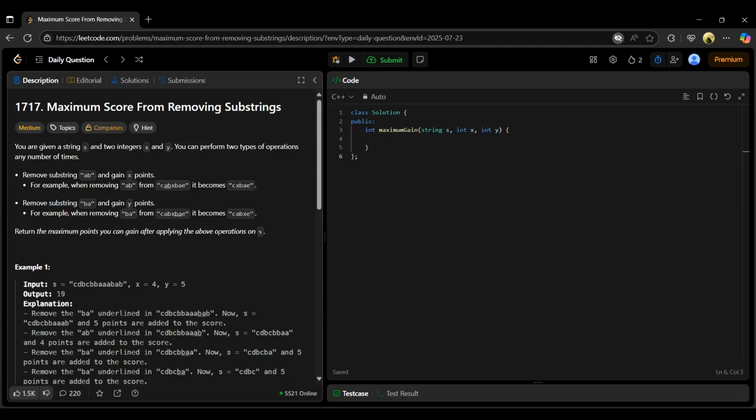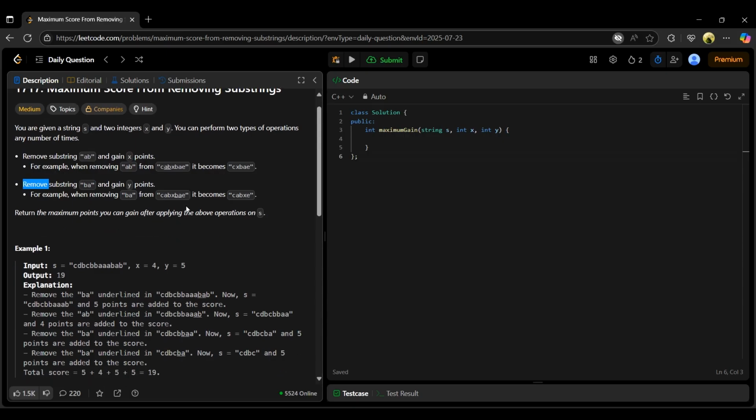Today we are going to solve a LeetCode problem, which is Maximum Score from Removing Substrings. We are given a string s and two integers x and y. We have to perform two types of operations, and we can do them any number of times. We can remove the substring "ab" and earn x points, and similarly we can remove the substring "ba" and gain y